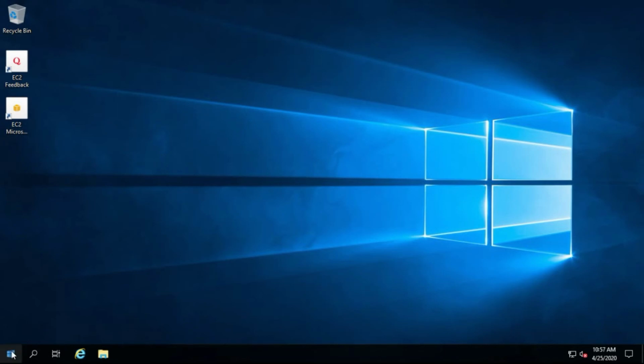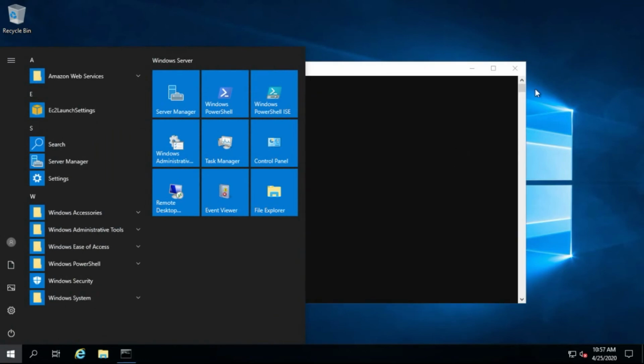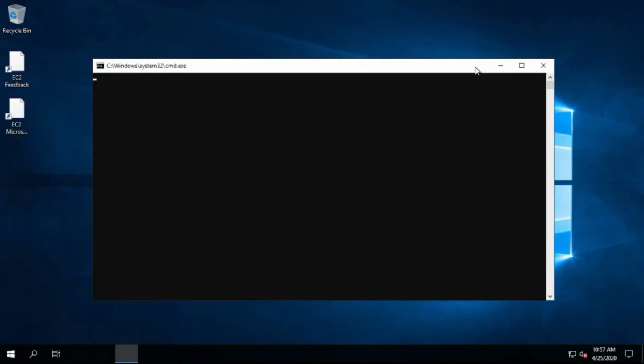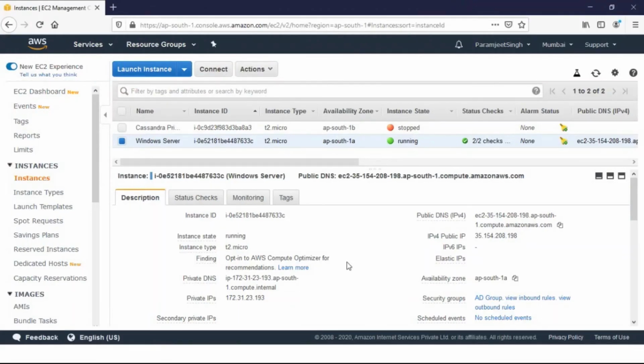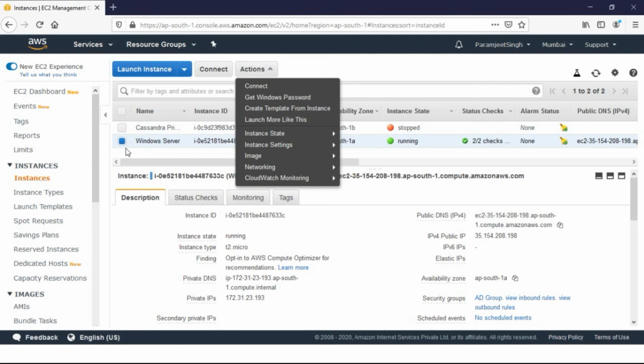Now when our activity is over and this complete instance is used and we need to terminate it, let's quickly see how we can terminate this instance when our work is done. If you want to preserve your work for future use, you can select the instance, go to Actions, Instance state, and stop this instance. When your instance is in stopped state, you will not be charged for it. But yes, for the EBS volume and the data that is stored, you will be charged.